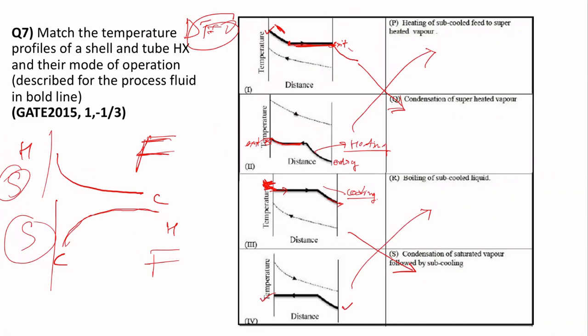So in the exam, it can go like, you have a shell and tube exchanger, some discussion is going on, and then they immediately say, I'm using steam at 120 degrees Celsius and I need to subcool it using cool water at 20-25 degrees Celsius. What sort of profile do you expect? Then you don't have these options to help you out with. So this particular understanding will help you.